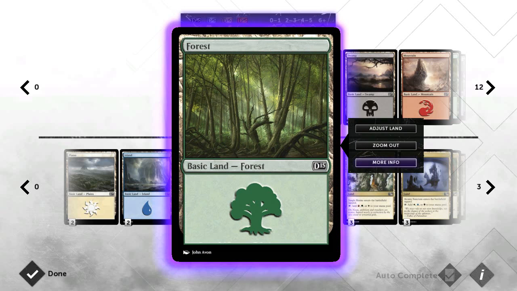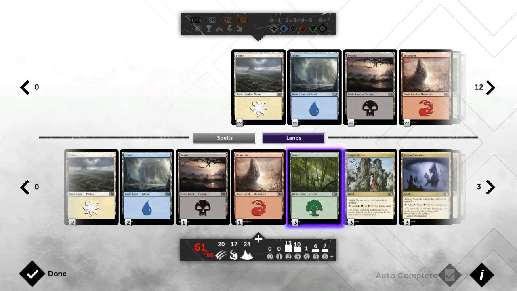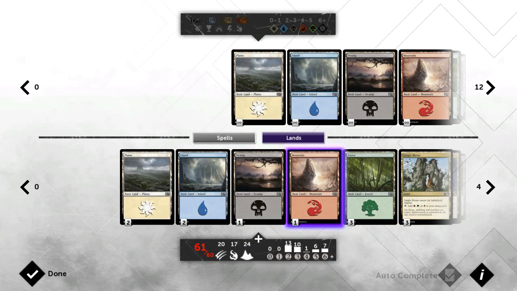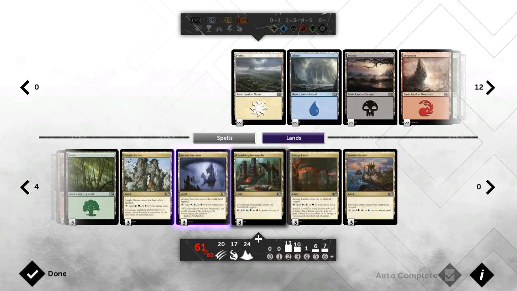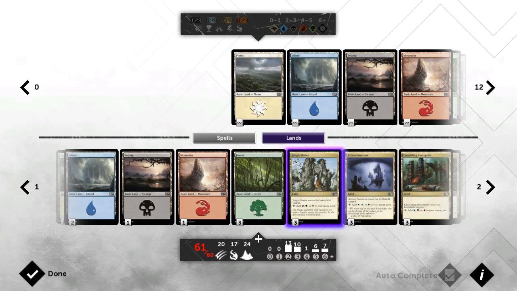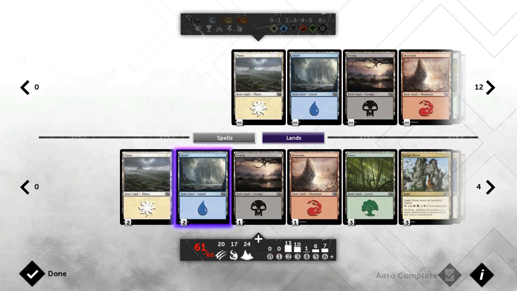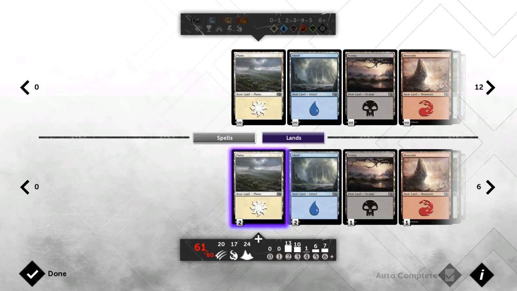We have 3 forests, because that really helps us get Cultivate on turn. We have 1 of each of the mountains and swamps, because honestly it's really good for Cultivate just to have 1 if you need that extra source. Plus, we don't run too much of those colours, so they're not too demanding. Plus, you run 2 islands and 2 plains, because I'll